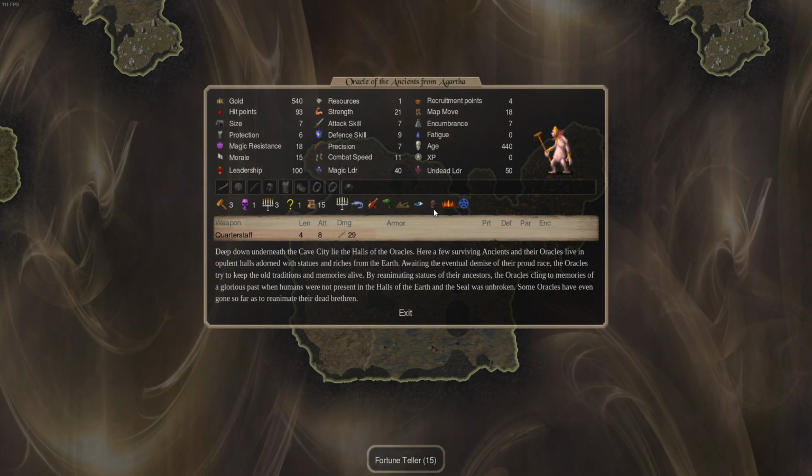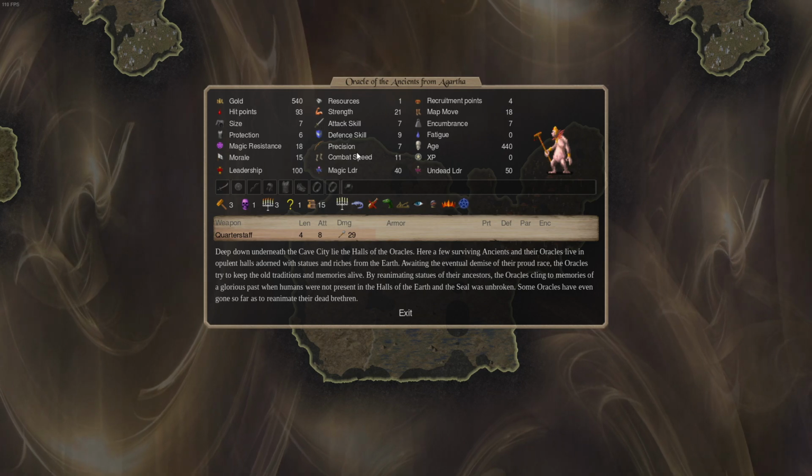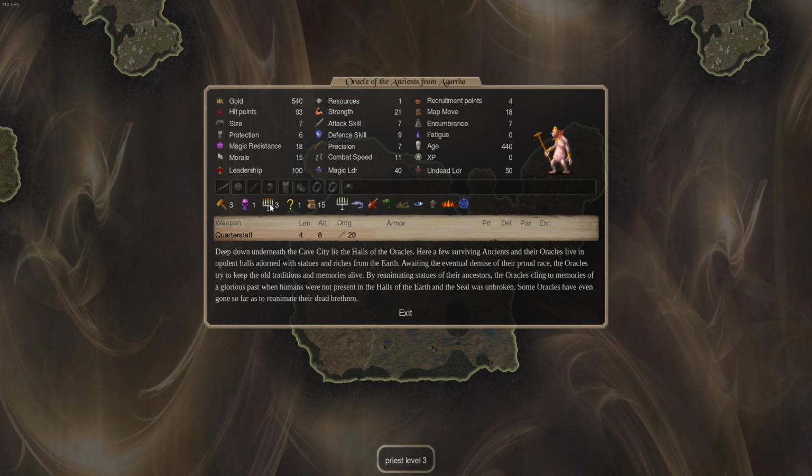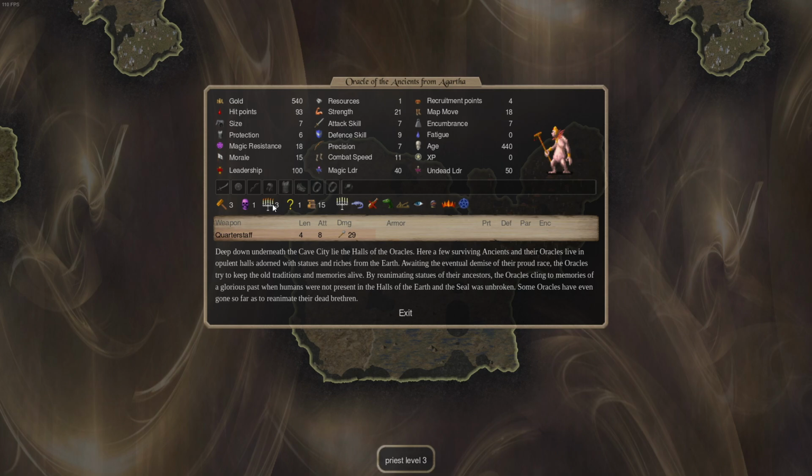So this is our main battle mage, Oracle of the Ancients. Slow to recruit at 4 recruitment points, which means it takes 2 turns to recruit. It is a priest level 3, and it is sacred, so it can be blessed. That also means it can cast Divine Blessing, which blesses your entire army with 1 spell, and you can also